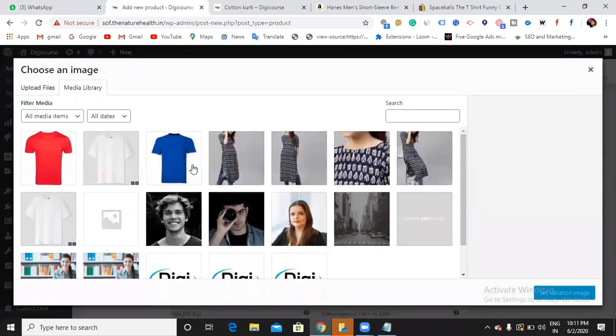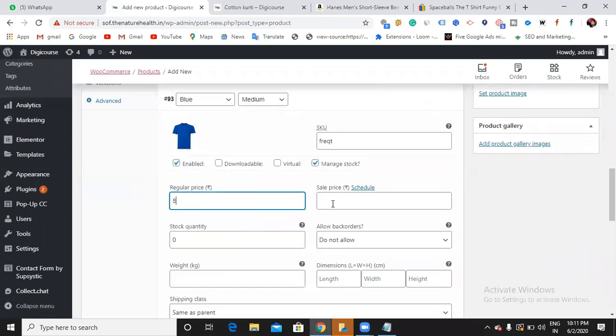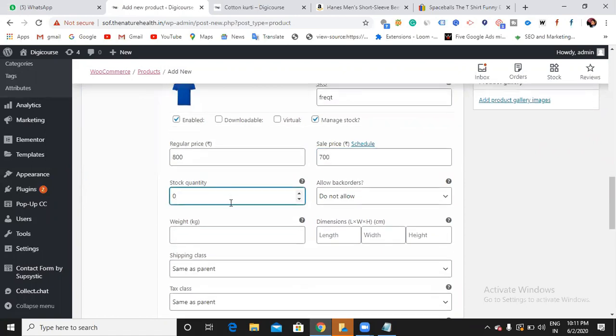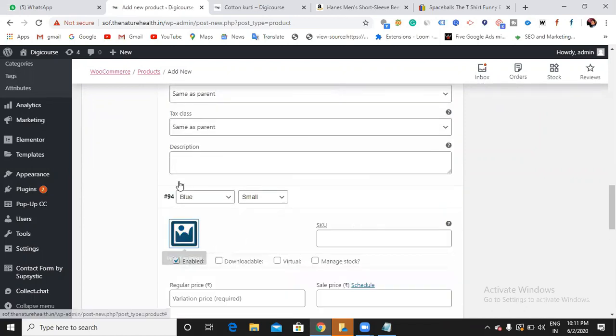So blue color medium is available. I just want to have this variation as well. In such a way, you can write 800, 799. Do I need to have the same price for each and every product? Do I need to have the same quantity for each and every product? Is that mandatory?